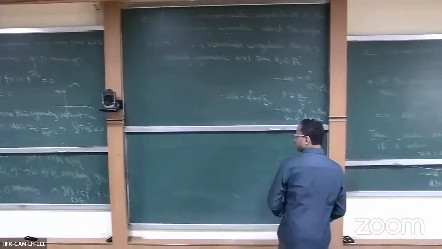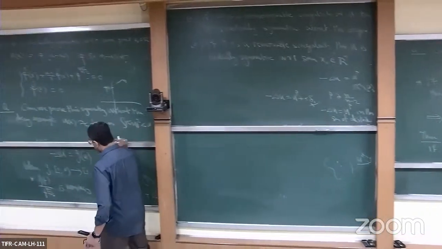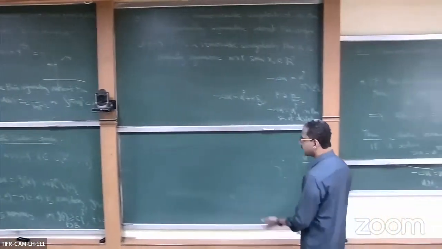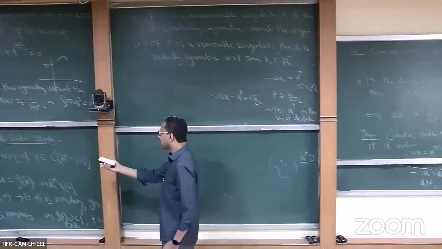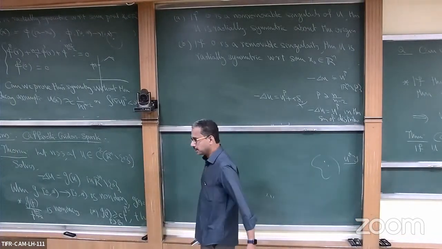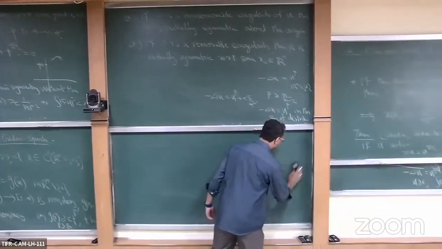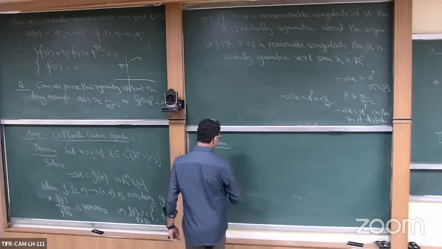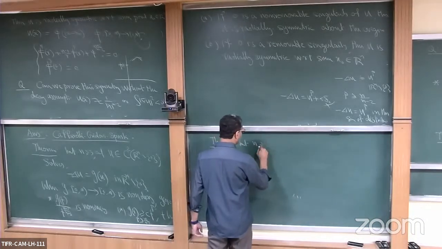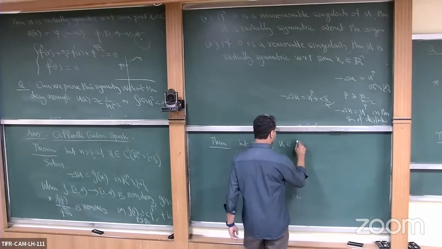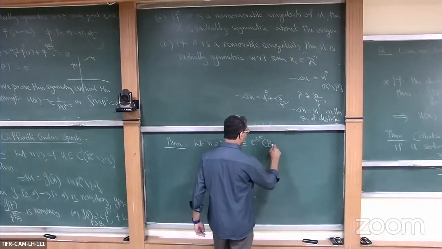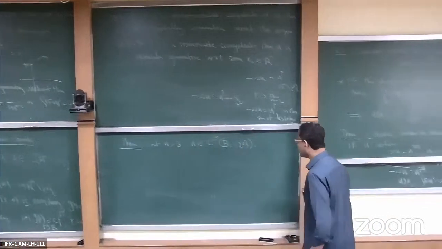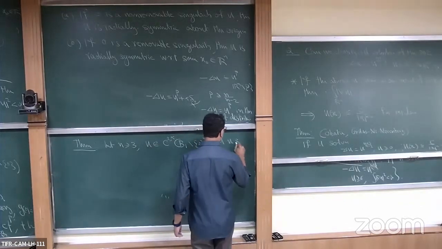So this result I put is due to Caffarelli, Gidas and Spruck. And in the same paper, there is a more serious result regarding the singularities of these kind of solutions. So I'll just write what it means. I'm not going to prove it. So the theorem: let n be less than or equal to 3, u in C^{2,alpha} of the unit ball minus the origin, and u solves